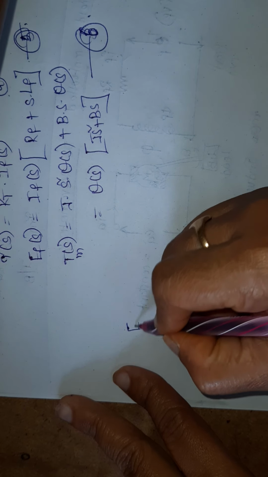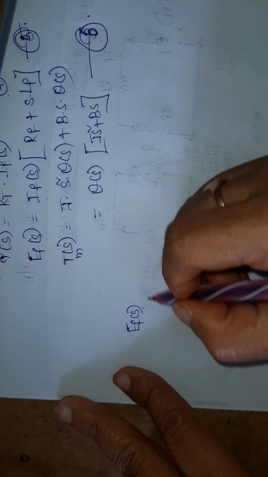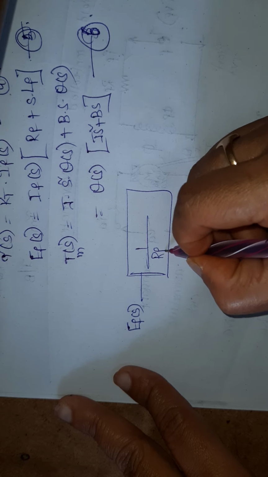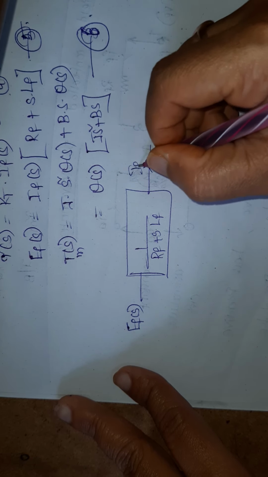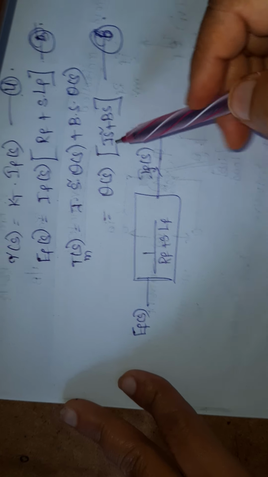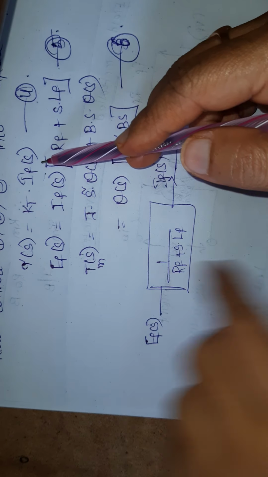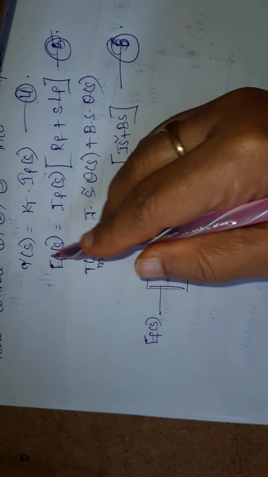So EF of s is the input, the block is 1 by RF plus s into LF, and the output is IF of s. Now we observe the equation which involves IF of s. IF of s is the input that is multiplied with KT to get the output